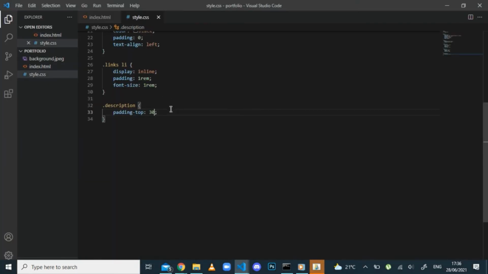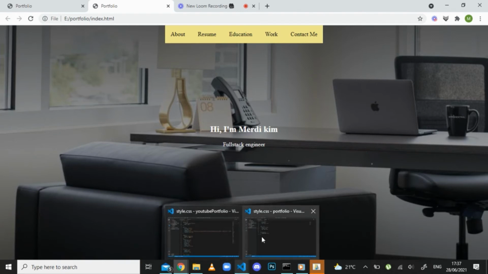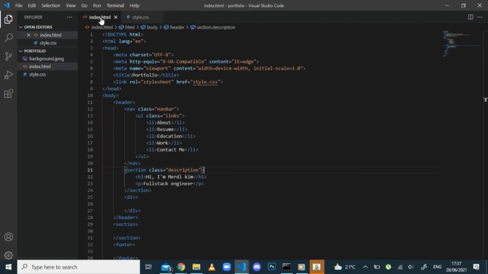I'll say 30 view height. And if we refresh, yeah, exactly, it's there. Now what we need to do is to make the text a bit bigger. And for that, I'm going to say